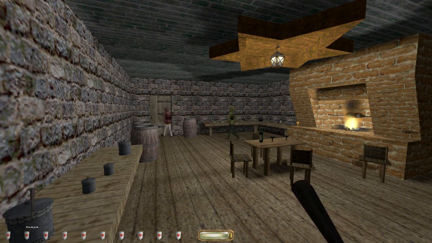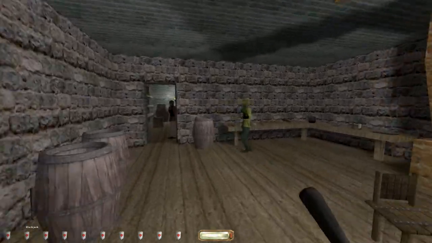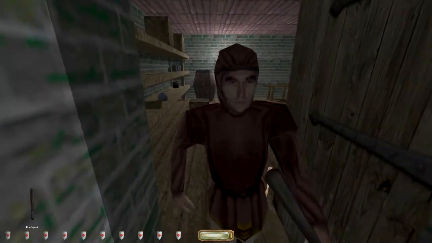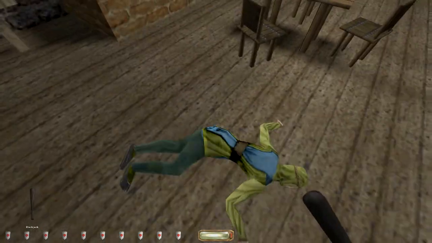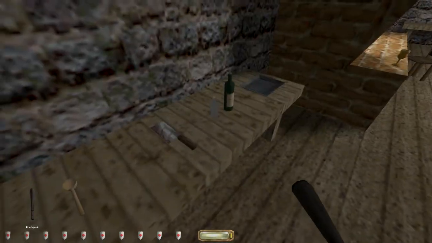Now, it's really easy to get caught here. If you stand too... So, okay, yeah, see, there we go. Help! Save me! You can pretty much just knock them out, though. What I got was the street key. It opens that one